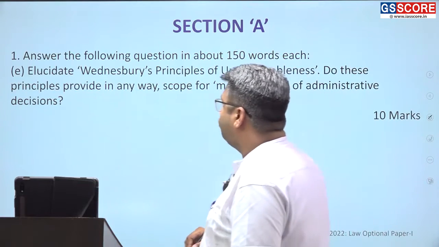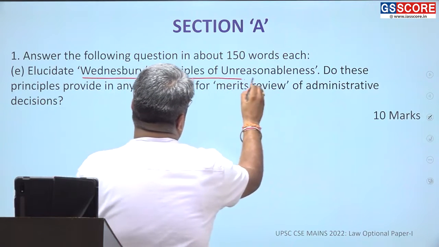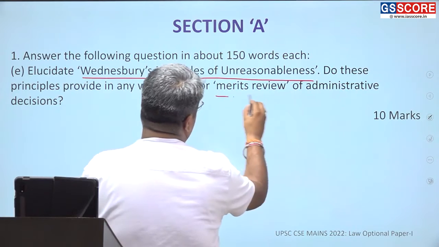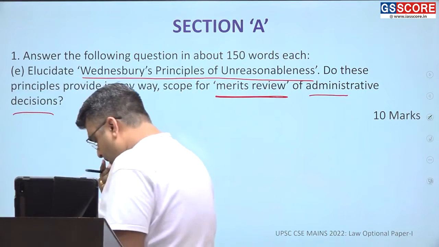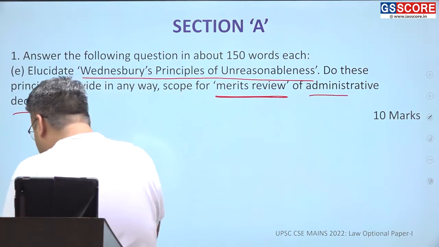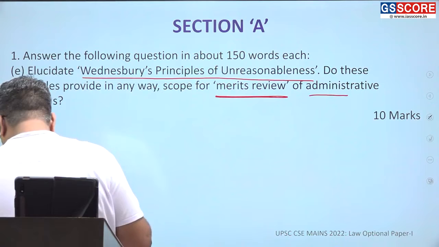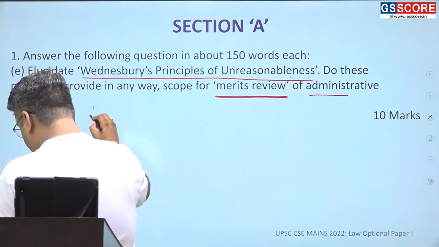Then coming to the next question, part 1: elucidate the Wednesbury principle of unreasonableness. Do these principles provide in any way scope for the merits review of administrative decisions? So when we go with this Wednesbury principle, all of you must be very well aware that this Wednesbury principle is basically the outcome of the